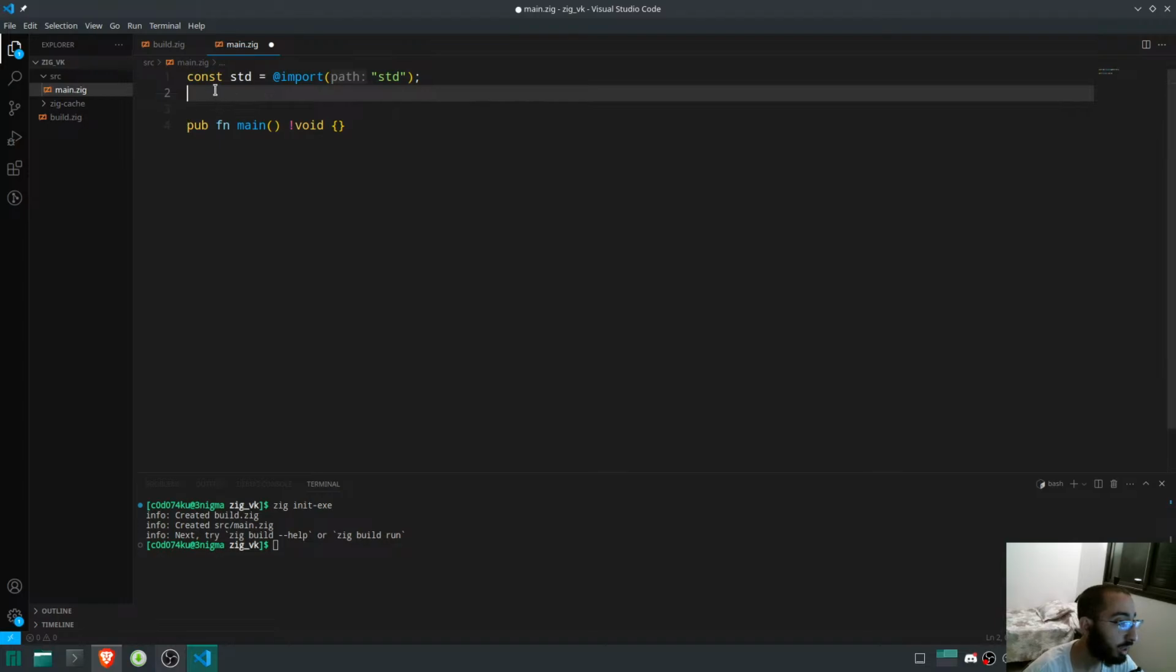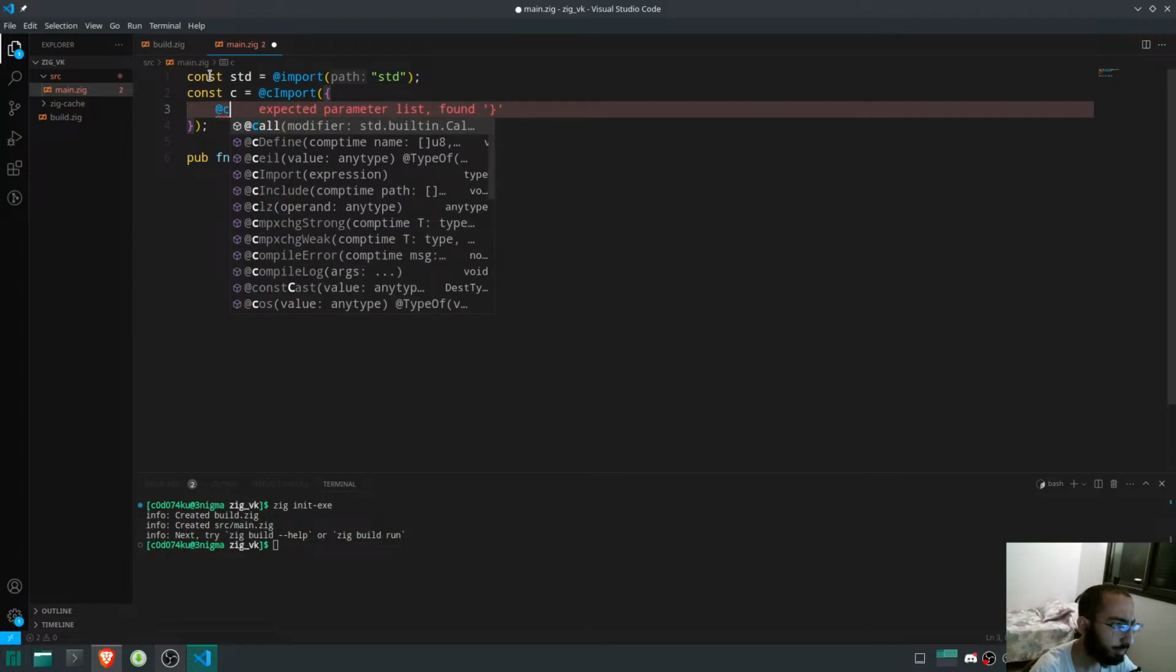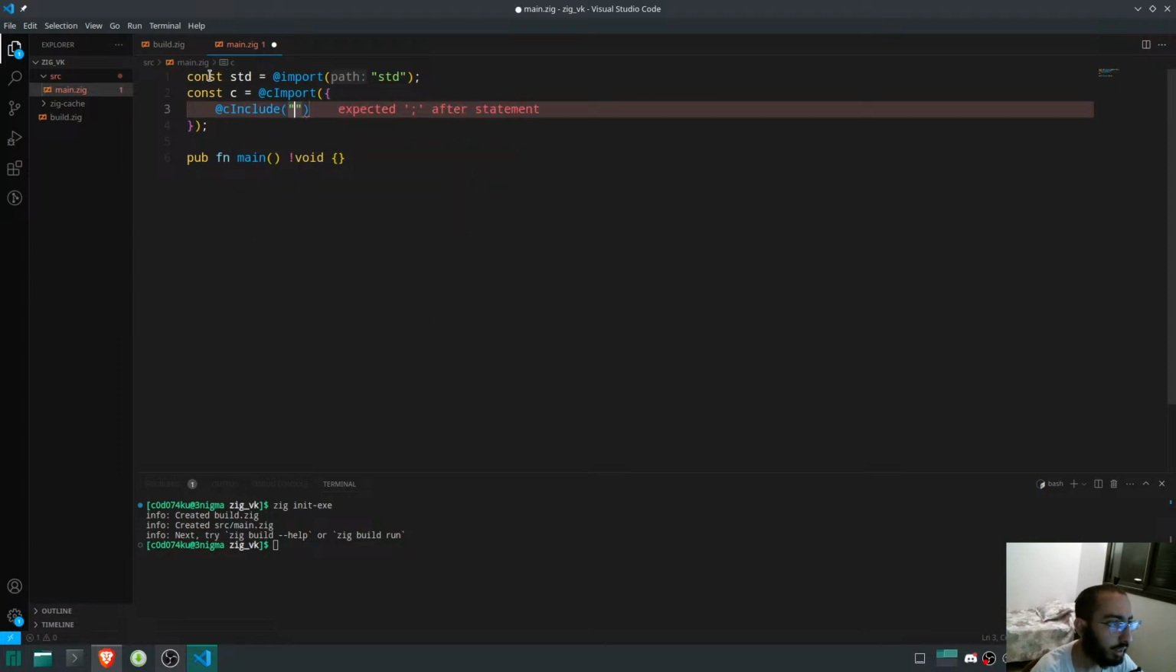So we just link the system library, and since SDL and Vulkan are part of my system stuff, they're installed on my system using packages. Like you could install vulkan-devel, which is basically a group of packages for Vulkan development in Arch Linux and stuff like that. But anyways, so const c is equal to @cImport. There you go, and here @cInclude